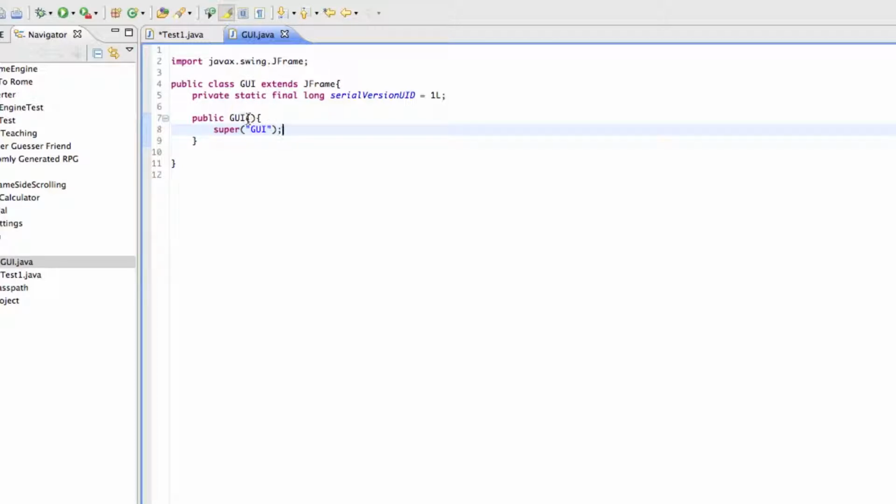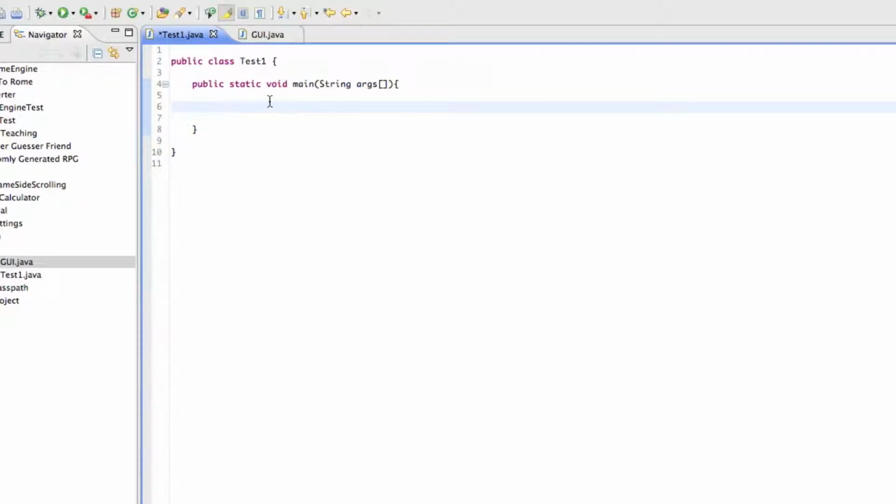That's really all we need to do for the GUI right now. Now, going back to test 1, in your main method, I'm going to close this up a bit. Okay, GUI, we'll name this GUI, equals new GUI. And you'll notice that we don't have any parameters because we don't have any parameters in our constructor. And so now we can call things like GUI dot,